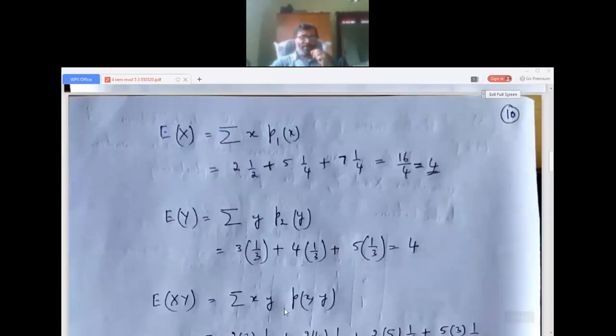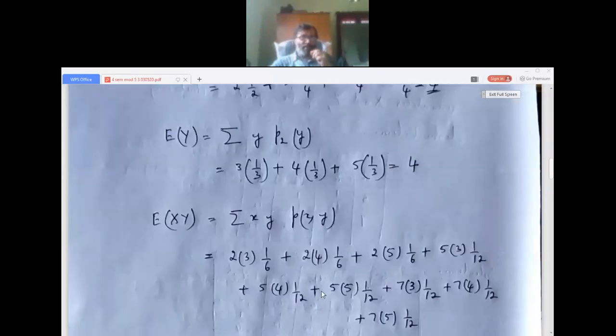Okay, then next we want in the covariance formula E of xy. I had explained in the last session how to do it. You just have to take everything into consideration from the table. So sigma xy into P of xy means x means all the x values, for each x value, y, P of xy. Then again, for each y value, taking all of this together, we will see how we use the table. So x into E of y, E of y means y into P2 of y.